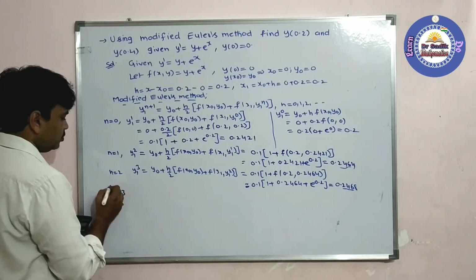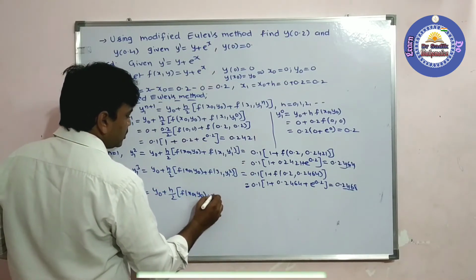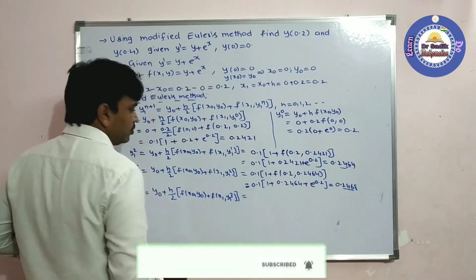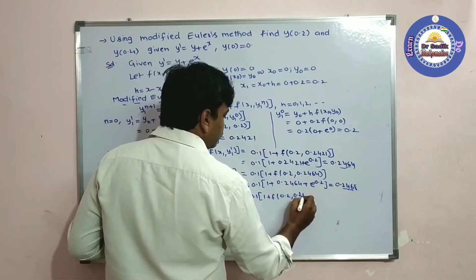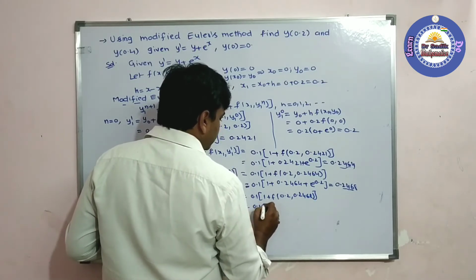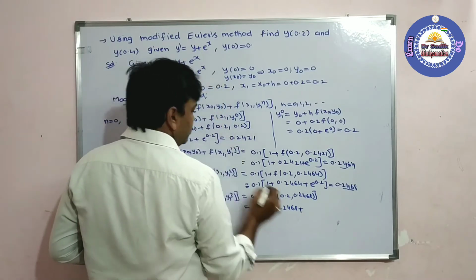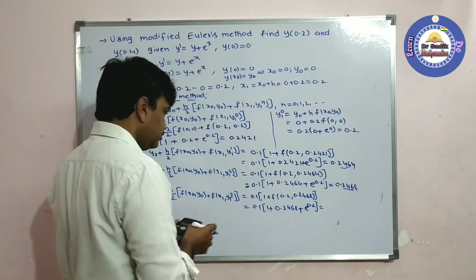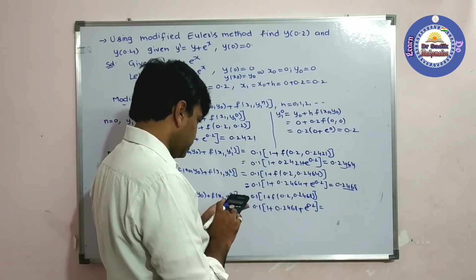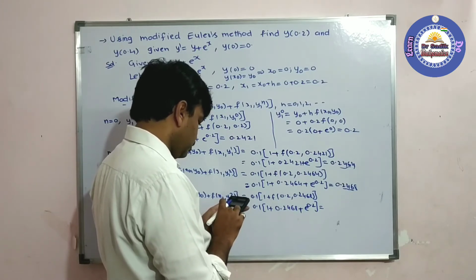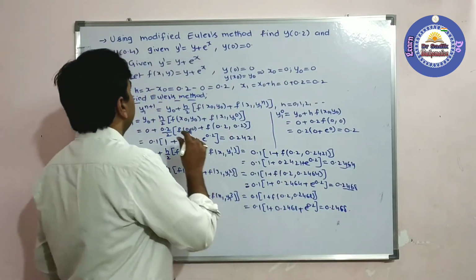So n is equal to 3, students, y1 power 4, that is equal to y naught plus h by 2 f of x naught y naught plus f of x1 y1 power 3 bracket close, that is equal to, finally I got here 0.1 1 plus f of 0.2, what is the value, students? 0.2468, that is equal to 0.1 1 plus, so y plus, what is y? 0.2468 plus e power 0.2 bracket close, that is equal to 0.1 bracket 1 plus 0.2468 plus shift ln, we get e 0.2 bracket close, that is equal, we get here, see students, two values are same, 0.2468. Let us see the value of y at 0.4.